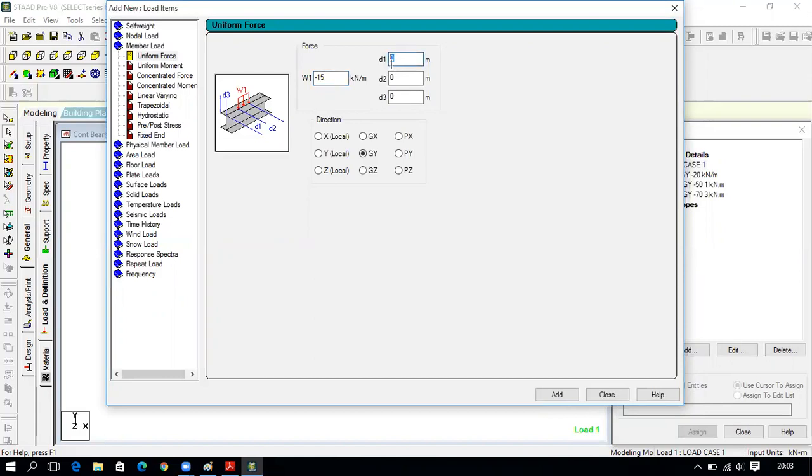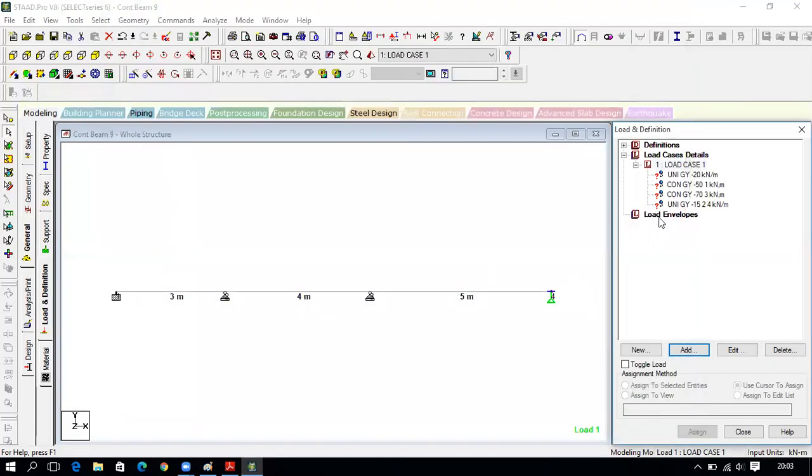So I will assume a distance that starts from the distance d1 and ends at d4, global y-axis. Click on add, close. As this is 5 meter, this load starts from this node at 2 meter and ends at 4 meter.